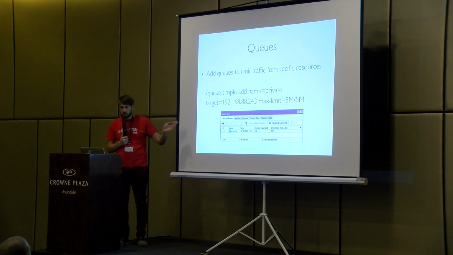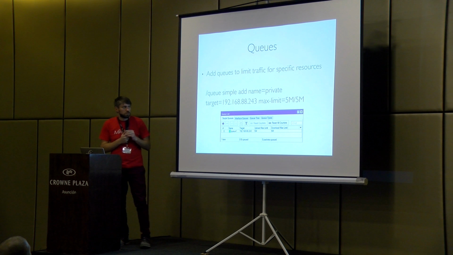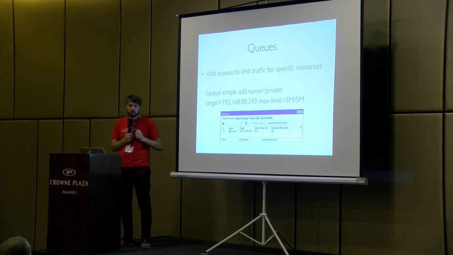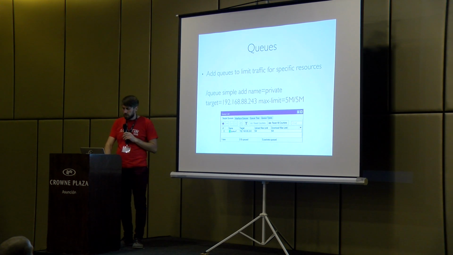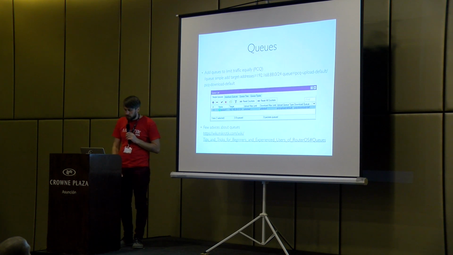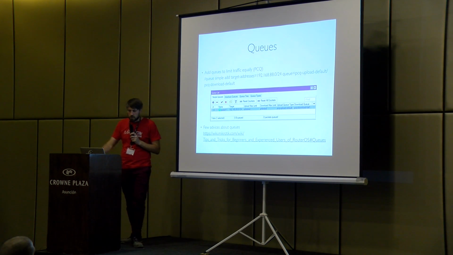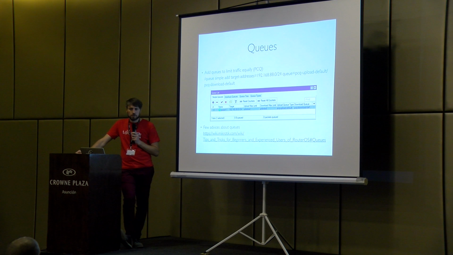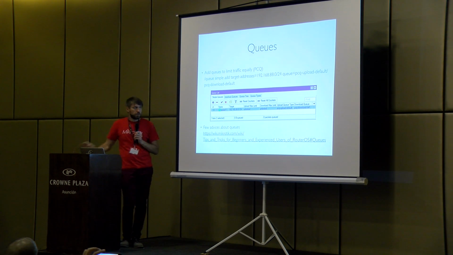Starting with a simple one, you can just put a specific IP address and provide that address with 5 megabits. But RouterOS has different functions for using queues in a much better way, and our favorite one is